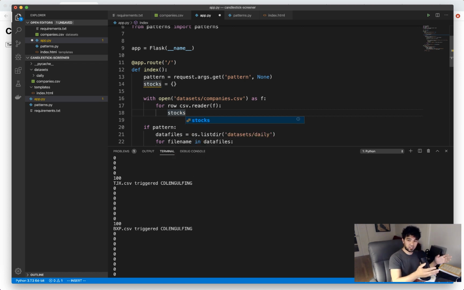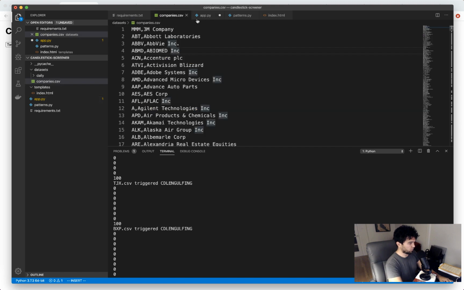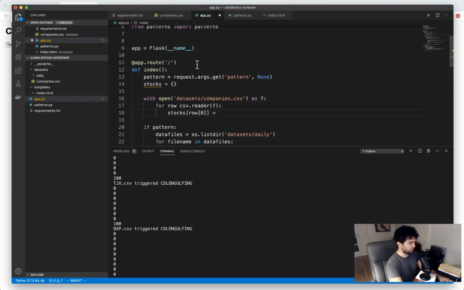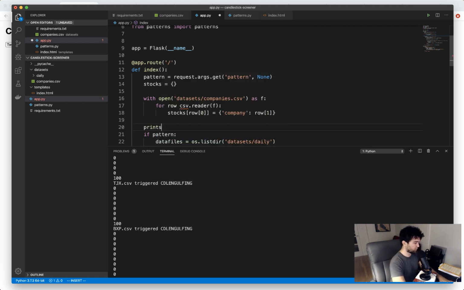And so I'm going to have the key of the dictionary be the symbol, and then I'm going to point that to another dictionary. And so that value will be a dictionary, and I'll have the company's name in that dictionary, and also whether there's a bullish or bearish pattern. So I'm going to say stocks row 0. So row 0 will be the symbol, and that'll be the key. And I'm going to say that is equal to another dictionary, right? And I'm going to give a key of company and then give row 1 as the value. And so if I were to print stocks here,